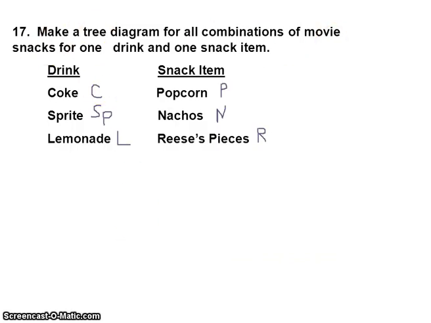Make a tree diagram for all combinations of movie snacks and one drink. So I'm going to start with my drinks to be the trunk of my tree, and I've abbreviated for each. And then each drink has 3 possible snacks, so popcorn, nachos, and Reese's. Popcorn, nachos, and Reese's. And the lemonade,